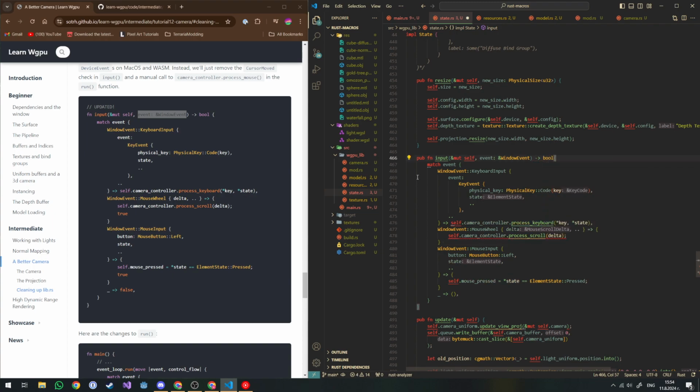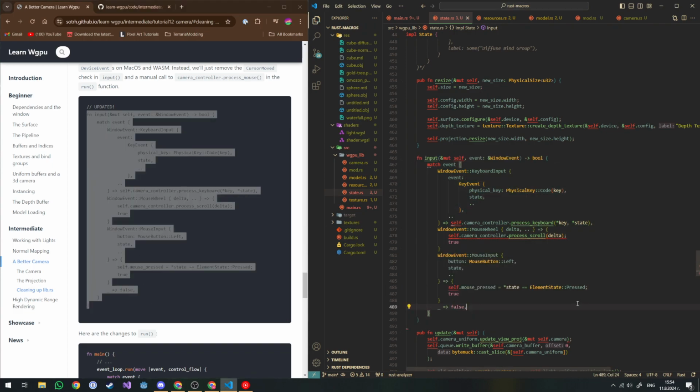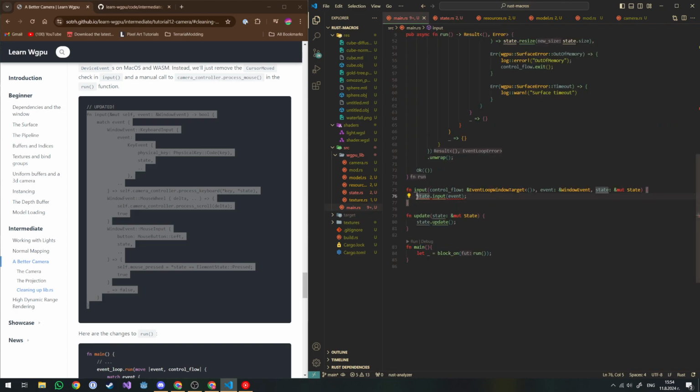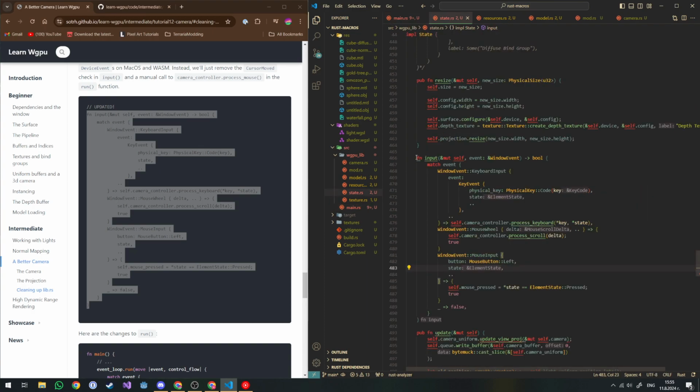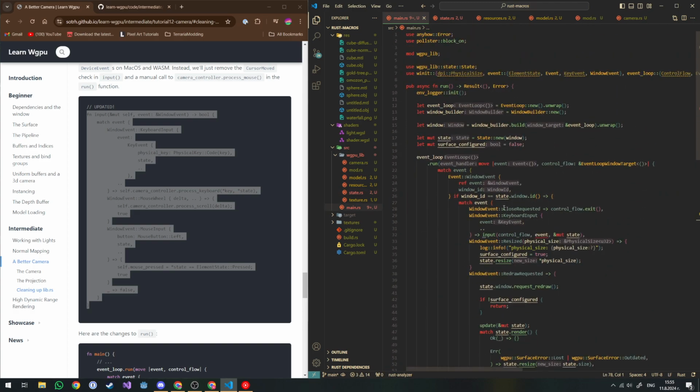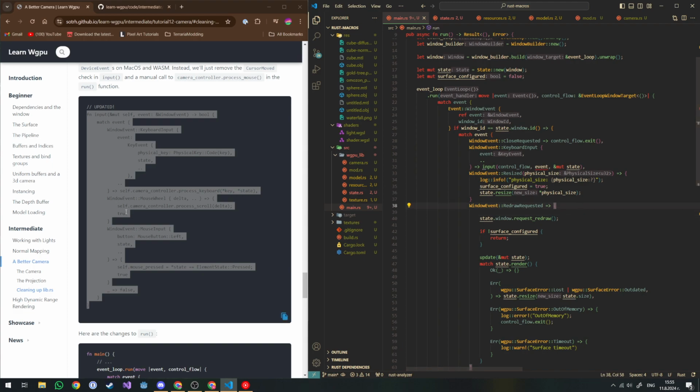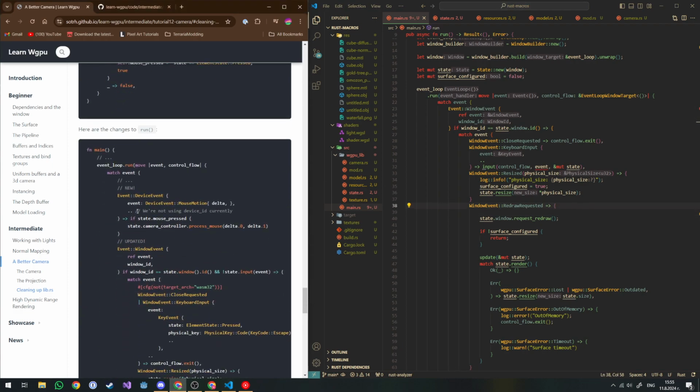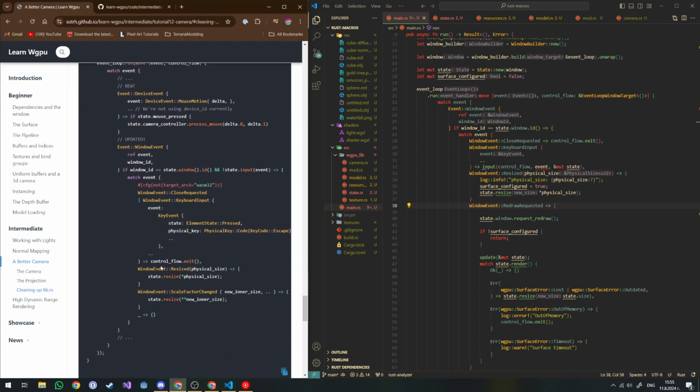Okay, let's make it return a boolean. Let's just copy this against the entirety of the function. So now that we go to main, can I just avoid this because I do not need this? Method input is private. Oh yeah, public function. I avoid that, and here, and event loop. Match event, event type of window event,